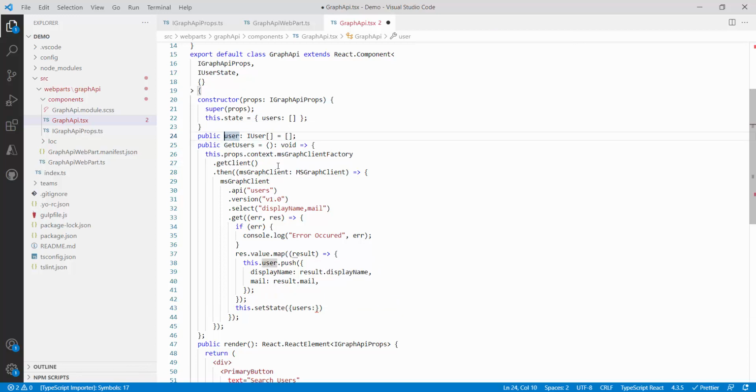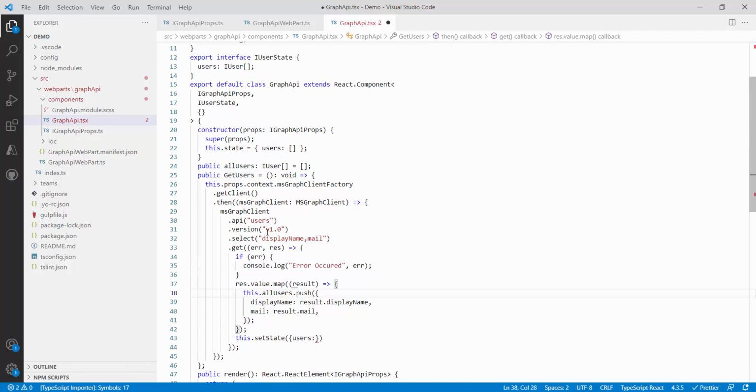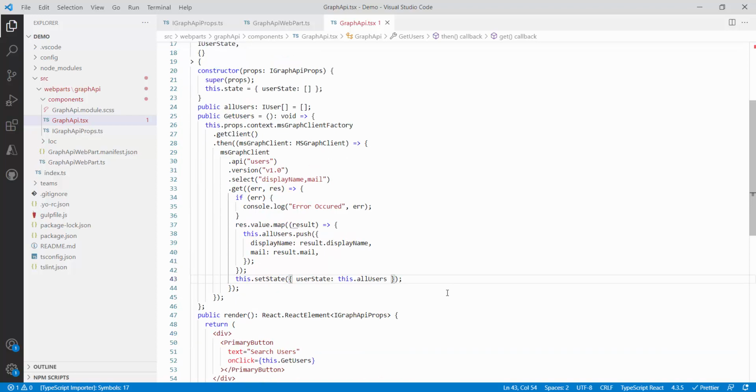I will say all users. All users, fine, and I will put it over here. I think this is fine. And inside the state, I will say user state. So it will give some differentiation and you will not get confused. I'm assigning user state with this all users. This is done. Everything is done.